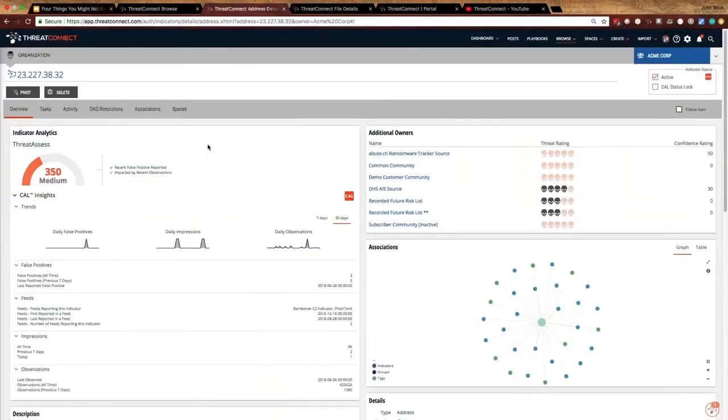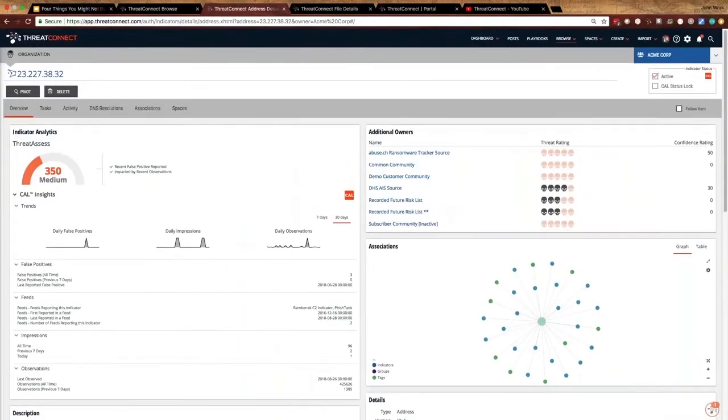All right. So if I was looking at this particular indicator and I'm looking at its CAL insights, one of the first things I noticed is observations of all time. We do have quite a high amount of observations from this coming from all the different instances, but I also noticed that there are some false positives listed here. Now, to me, that's not going to tell me that this is automatically a false positive. This is another one of those things where we want to trust but verify.